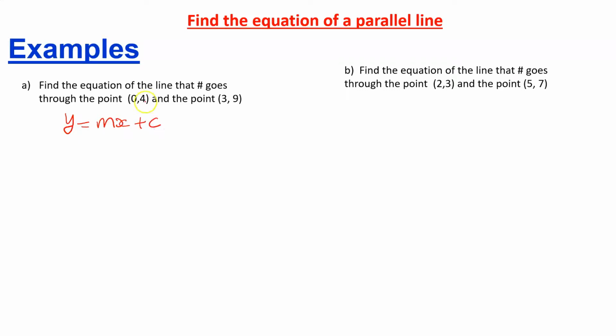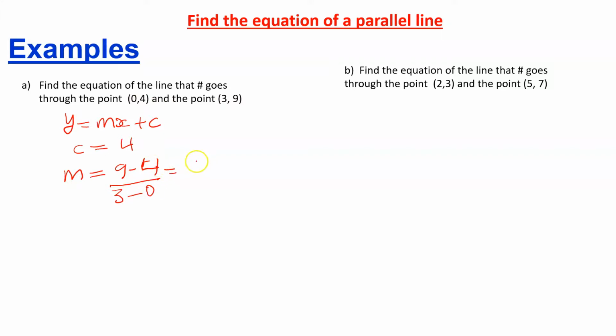Do we know c? Yes, that's the intercept, 0, 4. So our c is 4. Can we find our m? Yes, our m is increase in y divided by increase in x. The y increased from 4 to 9, so that's 9 take away 4. Okay. And our x increased 0 to 3, so 3 take away that. That gives you